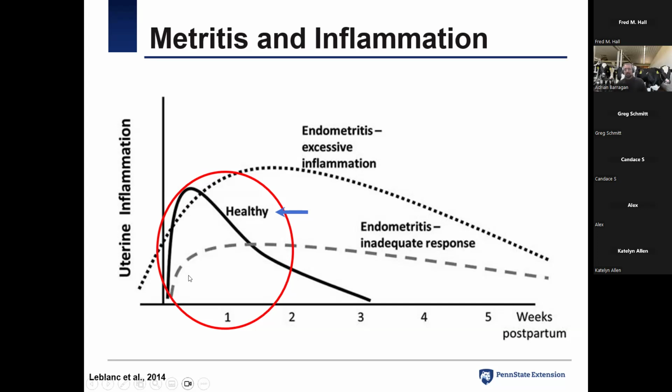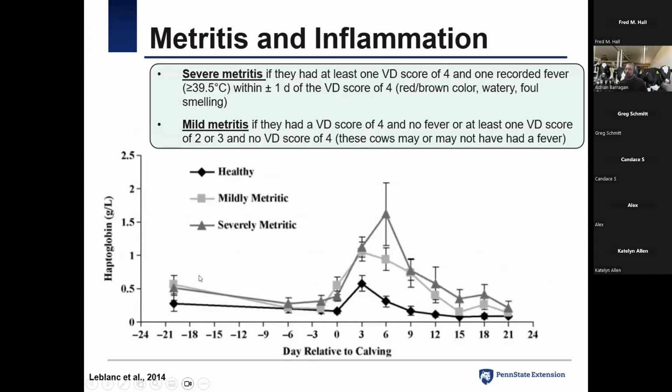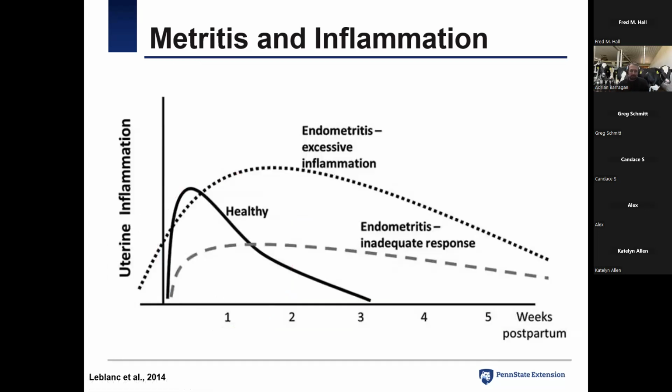And that concept, if you look at the previous graph, we want a robust, adequate, I don't want to say small or high, but adequate inflammatory response. But if it's too high, it's going to end up in metritis. Or if it's too extended, it's going to end up in metritis. That is the concept of exacerbated, unnecessary inflammation, right?